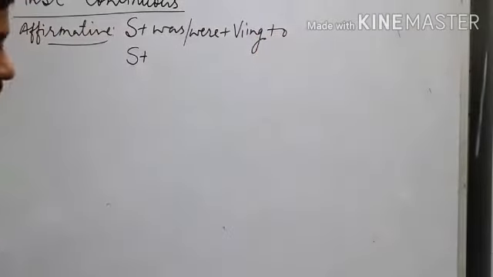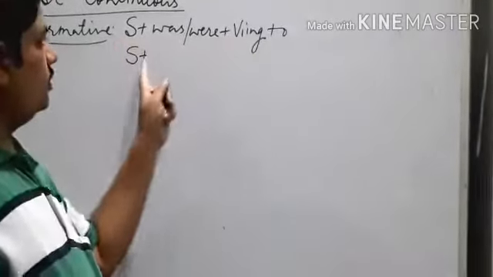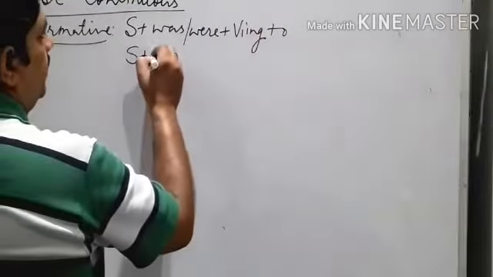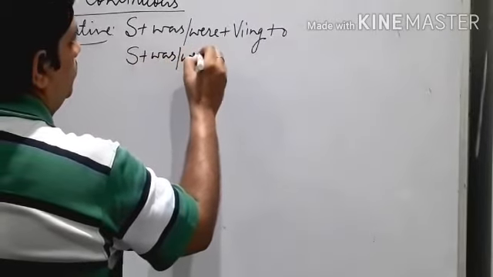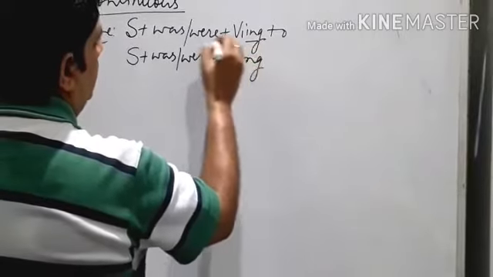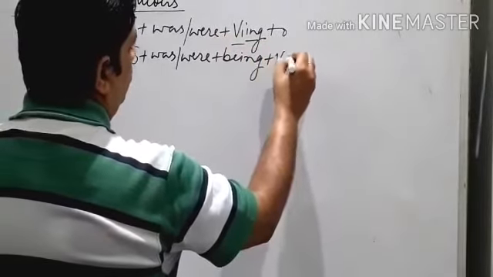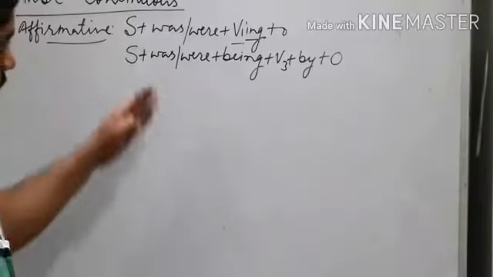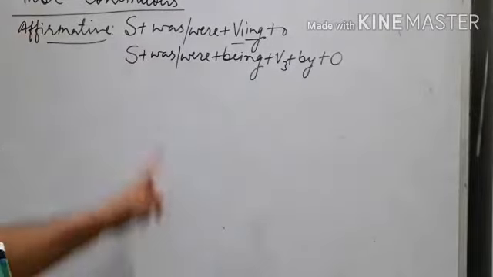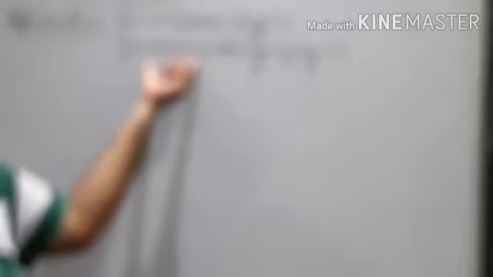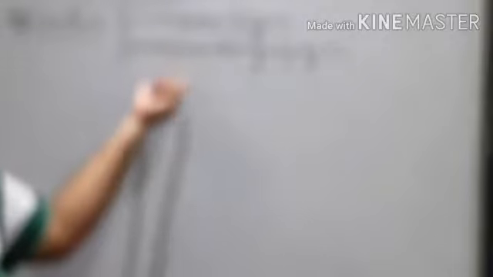Then first form ing and object. So when you convert this simple affirmative sentence into passive voice, change this object into subject first, then use was, were accordingly. Then ing will be changed into be. First form will be converted into third form, then by. All the rules are same except these helping verbs. In present continuous we deal with is, am, are, but in past continuous we use was, were.